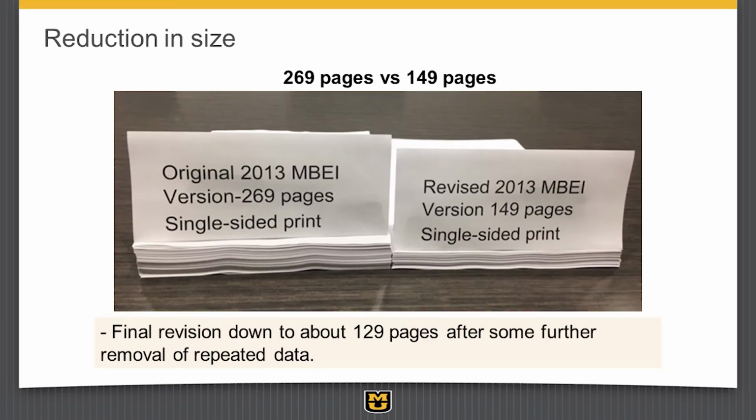So these are all tools for inspectors to use to try to improve the quality of element level inspection. Doing all this cut down the size of the manual pretty significantly, and if you've got the new version, you've probably realized that. It was 269 pages, we got it down to about 149, even less after we made some additional configurations, so you can print it and bring it to the field with you. So that's my presentation, Rich.